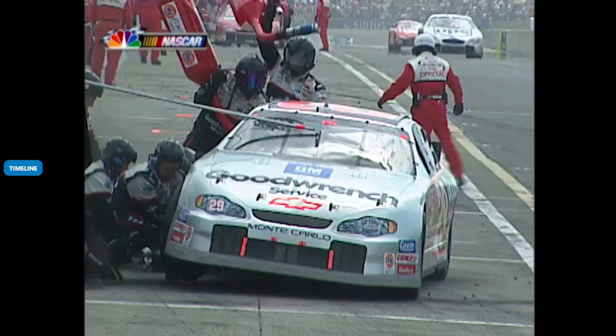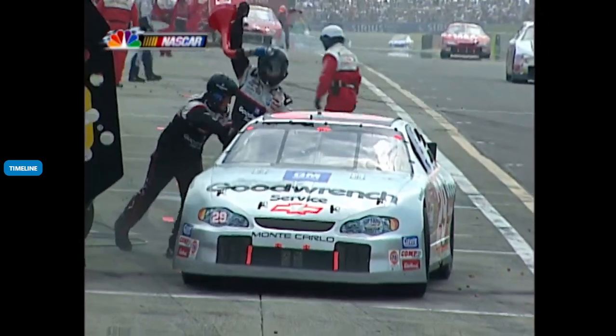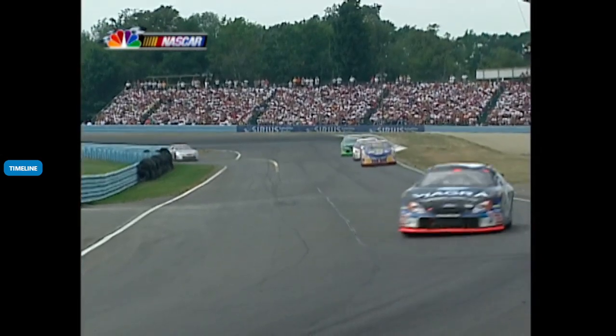Matt? Kevin Harvick complaining he needed more forward bite, so his crew chief Gil Martin called for an air pressure adjustment. They packed it full of fuel, and he's away. Tom Hubert has also been in. Elliott Sadler getting set to leave the pit lane in the Wood Brothers car, and Jimmy Johnson is coming back